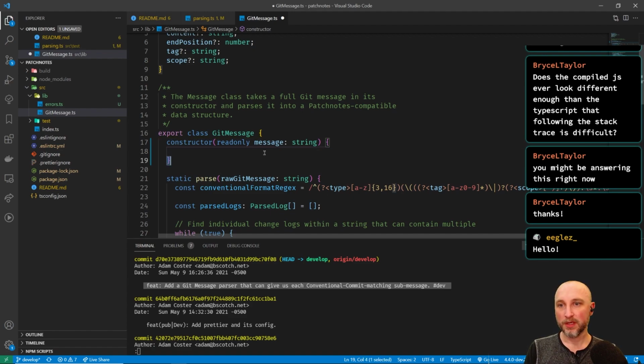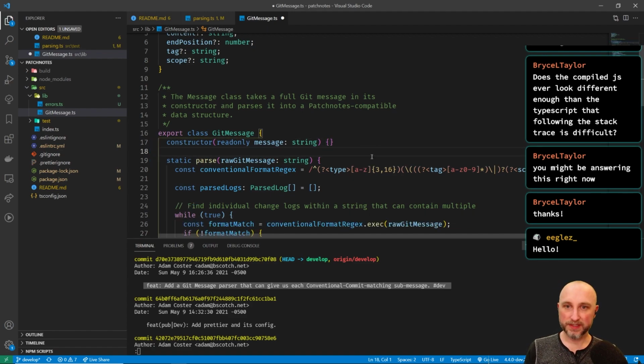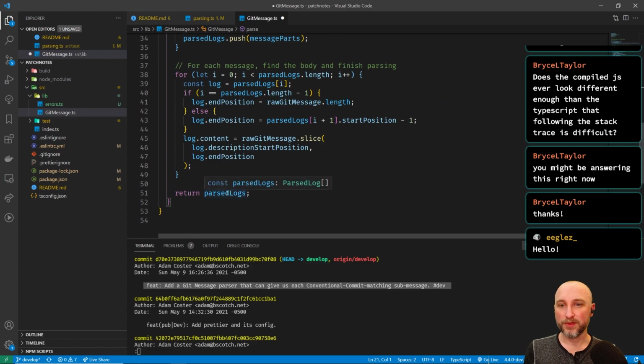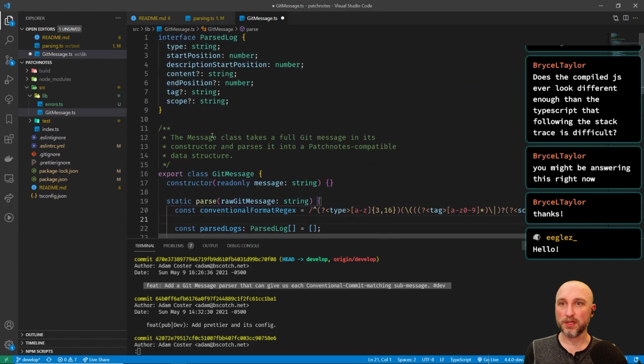So here we are. Now we've got this message coming in. We've got a parser. I guess we have seen what the parser outputs. But what we were left with then is this parse log thing, right? So this parse log thing looks like this, and we saw that in the output when we were in the test,